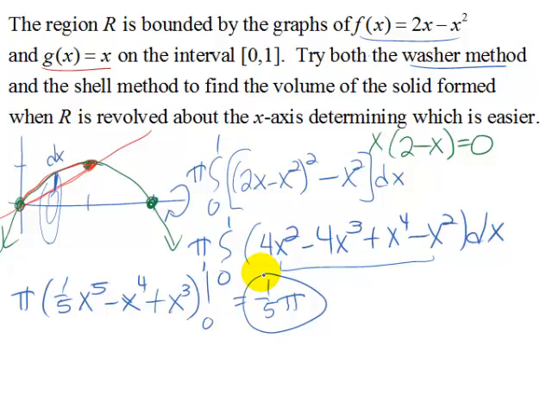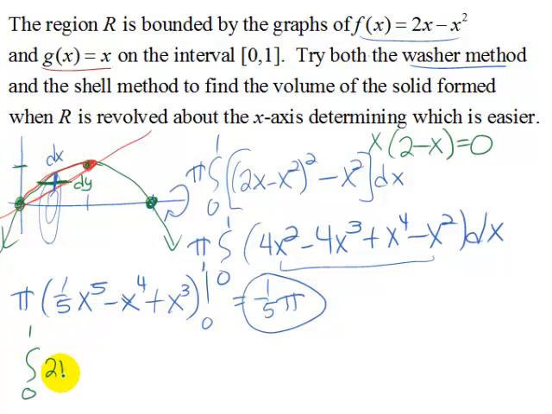Now let's consider the shell method. With the shell method, our shells are going to go this way, and they're going to have a little thickness dy, and then we will be rotating this around, and so we need this circumference with this radius. As we set this up, we are going to write things in terms of y because our little thickness was dy. So y goes between 0 and 1. And we've got 2 pi, and we see our radius here is going to be y. And then we need to express the height of these shells, and that's going to be this right function minus the left function, but we need them expressed in terms of y. This function is just simply y equals x, so we've got y